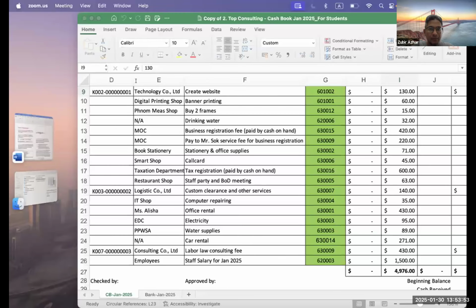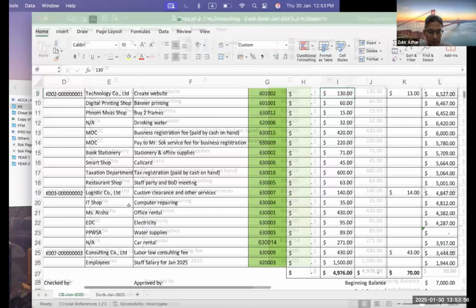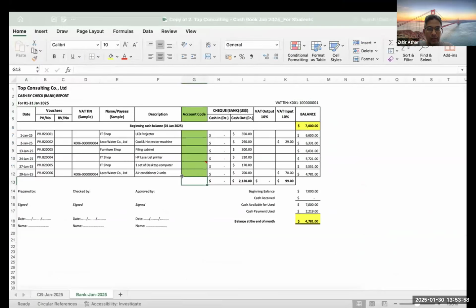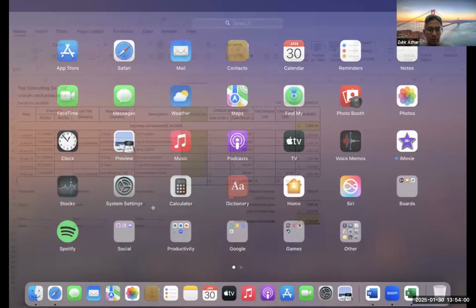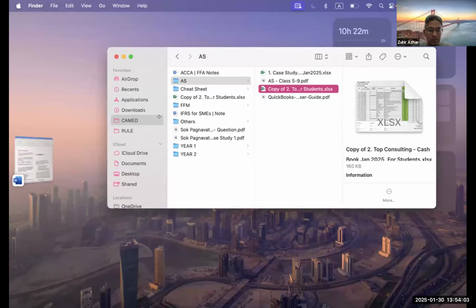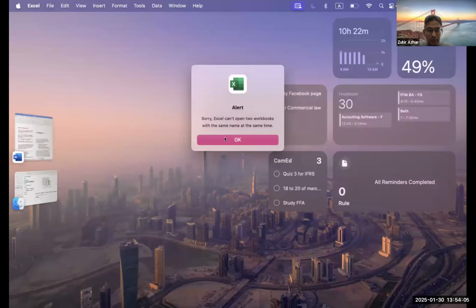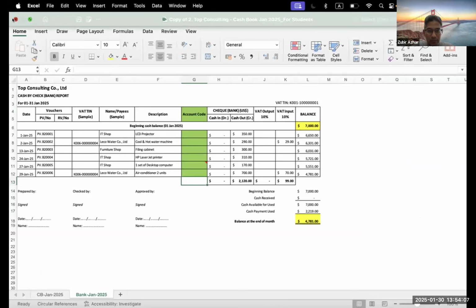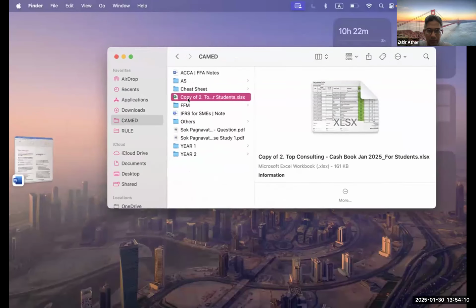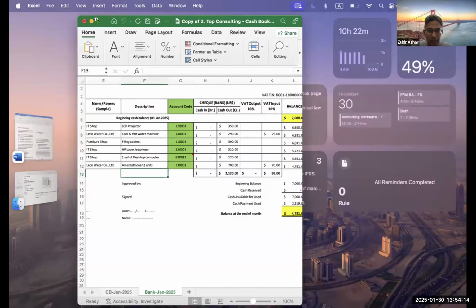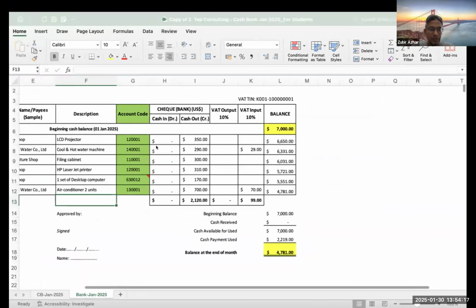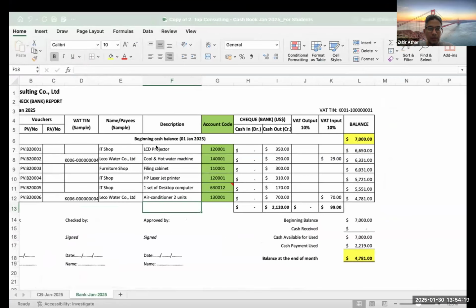Okay, the second tab, Taesok. Yes. Okay. Where are your accounts? The codes. All right. Now the first transaction, 12001 on the 1st January, right?